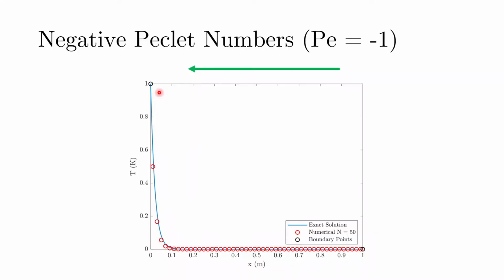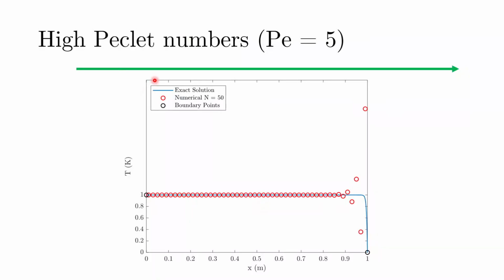So if we ramp up the Péclet number to 5 here, the exact solution is still given by this blue line, and you see that according to the exact solution, lots of influence is now based on the left boundary. So almost 96 or 97% of the points have the same value of phi as the left boundary.